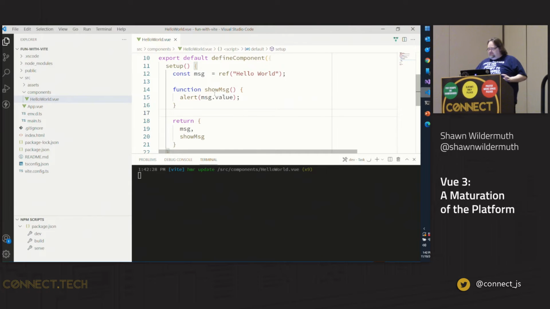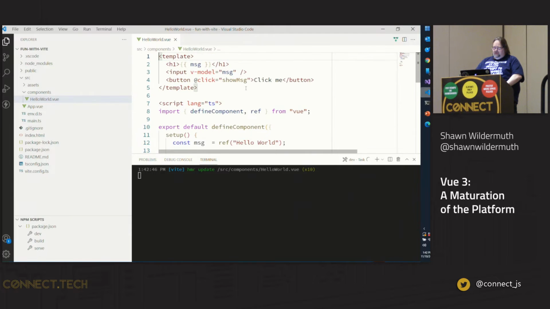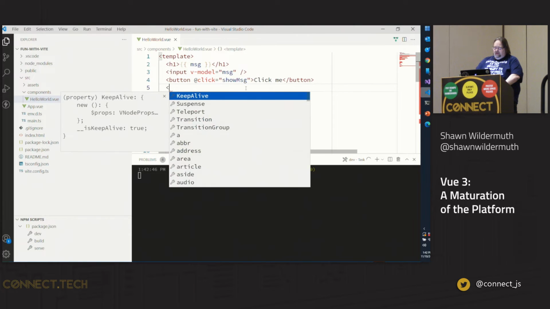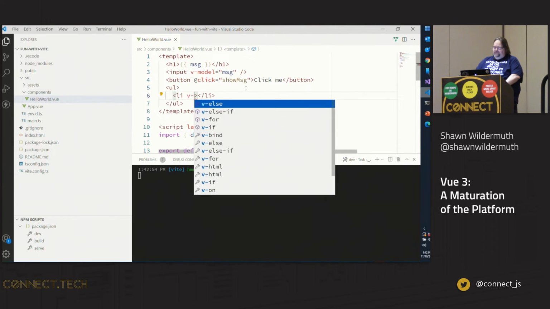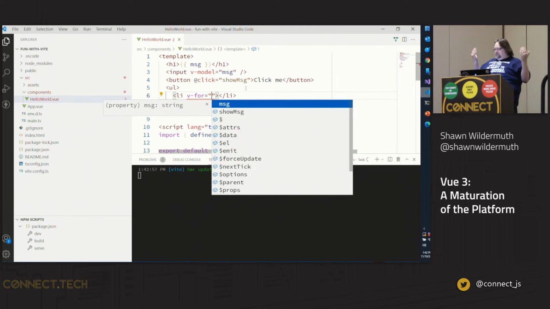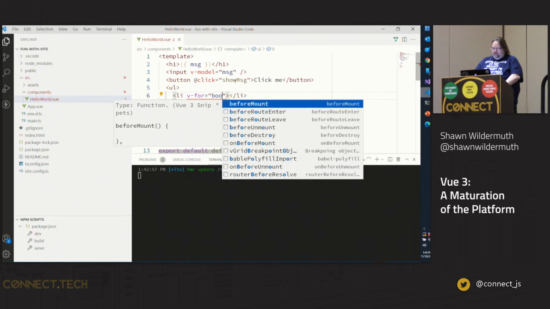And so let's see how we're doing on time. Yeah, we're good. And there's a lot more to the way the component stuff works, but let me talk about how easily TypeScript works with this as well. So let's leave all that alone, and I'm just going to create a quick unordered list, and I'm going to create a list item, and I'm just going to use a v-for, which allows us to bind over a collection. And I'm going to say v-for books,